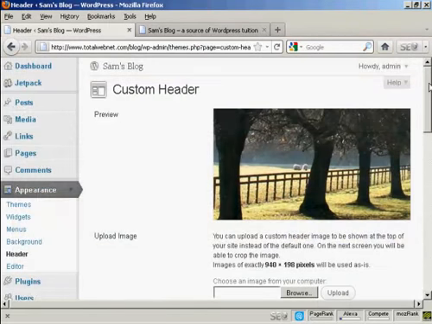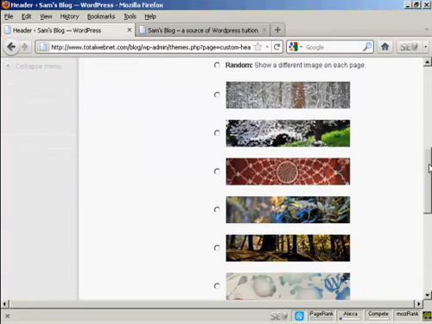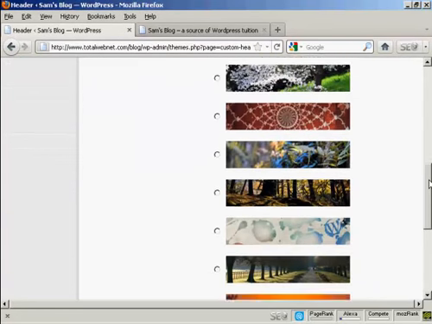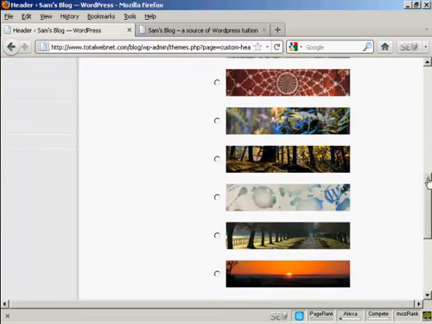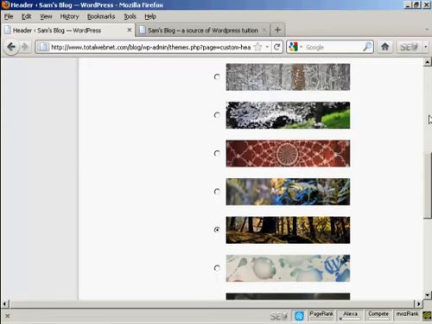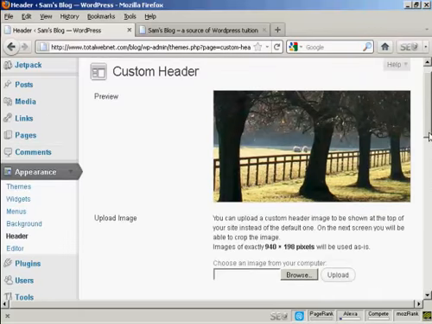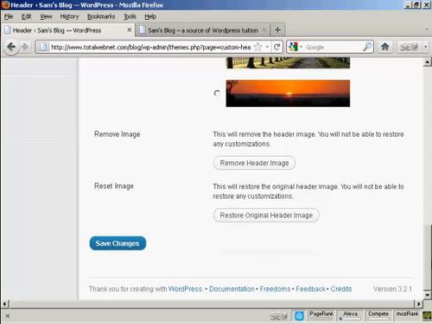Okay, let's say I want to change the header picture, and I'm going to use one of the pictures that come with the theme. Let's say I want to have this one, this different type of woodland view. I just simply click on the radio button there, and then come down to Save Changes. You could also remove the image if you wanted to. Personally, I wouldn't recommend that. Anyway, click on Save Changes,